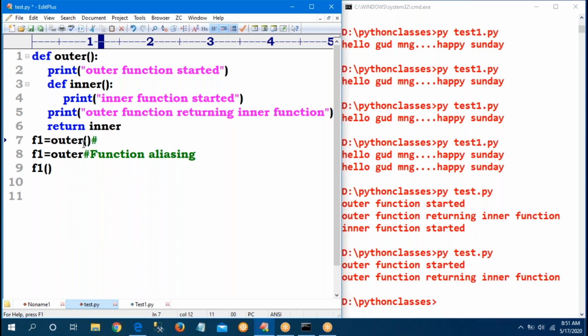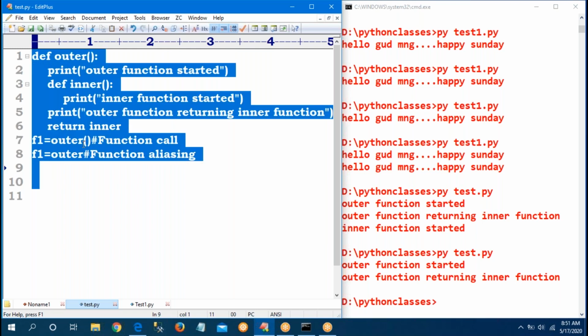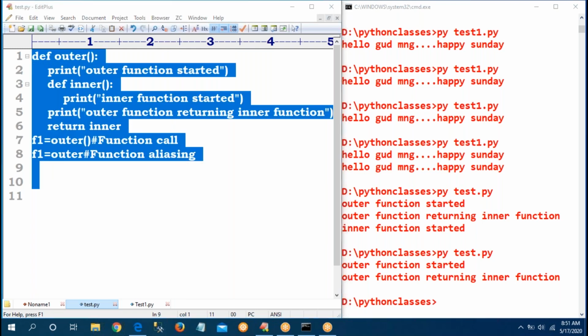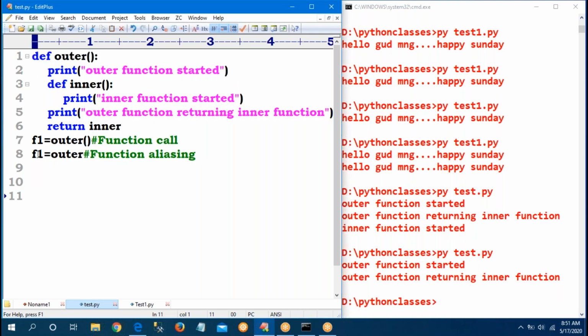Okay, I have just one query. In the function call, we have mentioned f1 equal to outer function. If I had mentioned f1 parenthesis equal to outer parenthesis, what would have been the result?